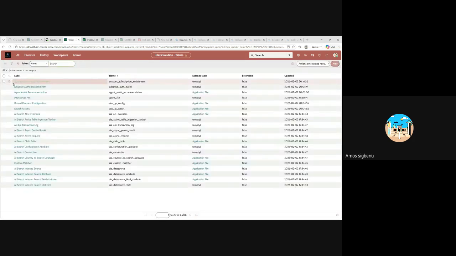Now, when you click on table, this is exactly what I showed you guys on that slide. You have your rows, right? This is a list view. Now, these are all rows and columns. They are all tables. These are all different kinds of tables being created for any applications, right? This is where all the information is stored. So if you click on this table,